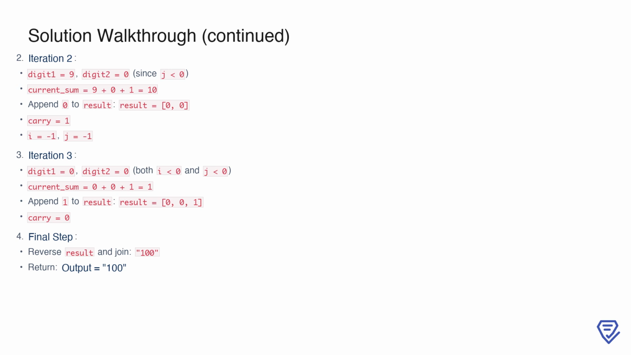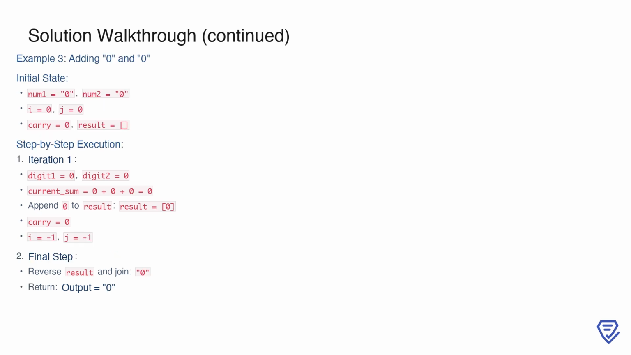Adding these with the carry of 1, the current_sum is again 10. We append another 0 to the result, which now becomes 0, 0, and the carry remains 1. In the third iteration, both i and j are out of bounds, so digit 1 and digit 2 are treated as 0. Adding these with the carry gives a current_sum of 1. We append this 1 to the result, resulting in 0, 0, 1. Finally, we reverse the result list and join it to form the output string 100, which is returned as the